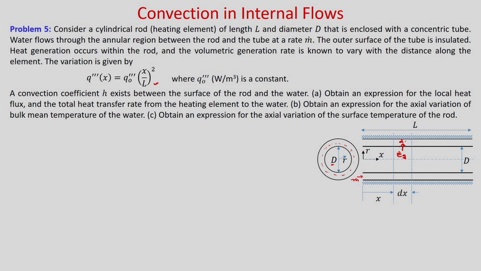So, that is the dq taken by the fluid. And if at the inlet the mean temperature is Tm, then at the outlet it is Tm plus dTm. So there is an increase in the mean temperature dTm, and m dot is the mass flow rate. So, in the energy balance you can see that E dot G is equal to dq from this elemental volume. Q triple prime is Q naught triple prime x by L square.